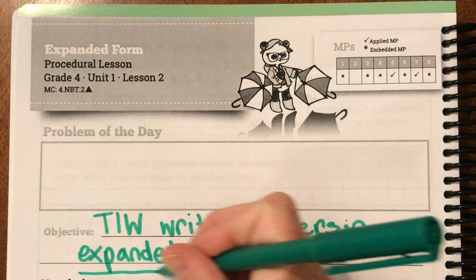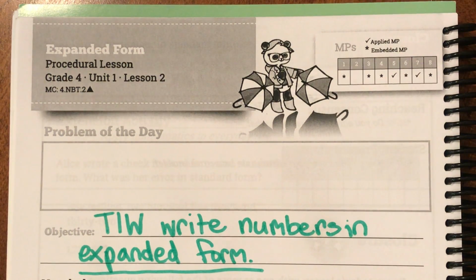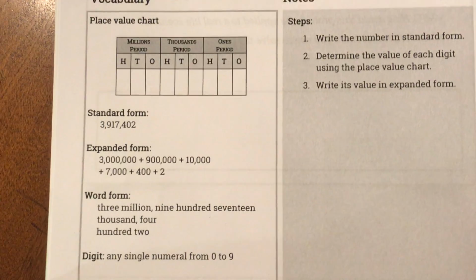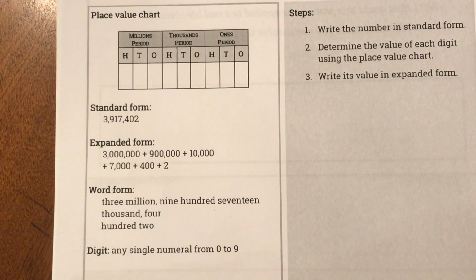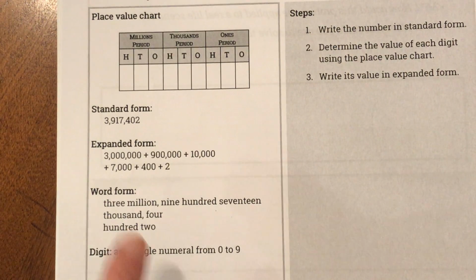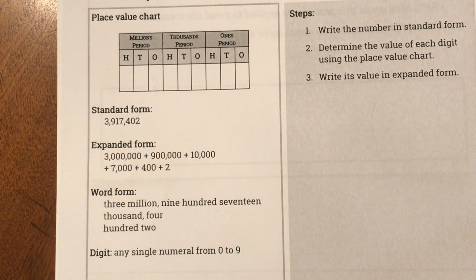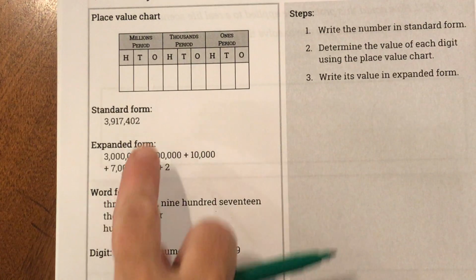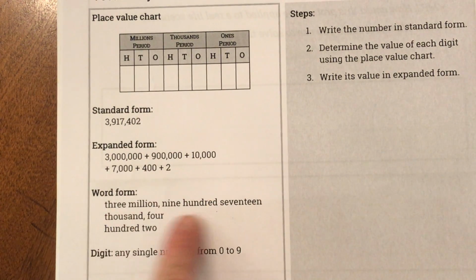So our big idea today is this expanded form. Okay, so let's look at our vocabulary. They give us our place value chart again, which has our periods on it. They tell us what standard form is. Standard form is just writing a number kind of like regular. We would regularly use numbers. Then they show us word form like we did